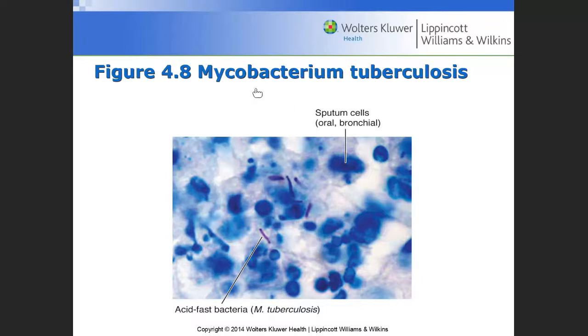Mycobacterium tuberculosis is an organism that causes TB, tuberculosis. You can't really stain it with Gram stains. They typically are not either Gram negative or Gram positive, right? But we do the Ziehl-Neelsen, or acid fast staining,